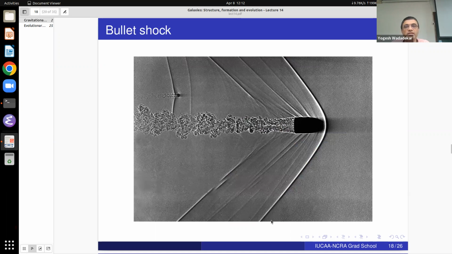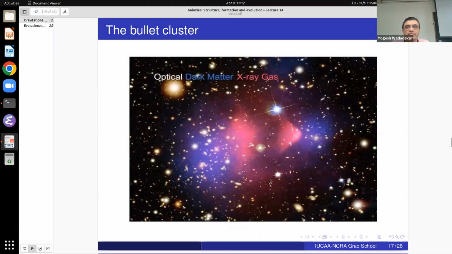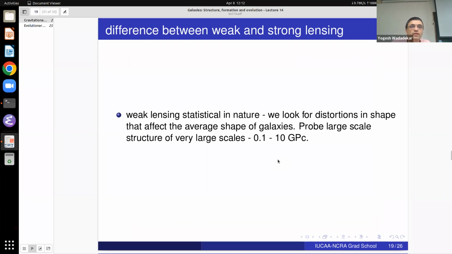Suppose you have a bullet passing through some dense medium. It produces a shock front like this. And this is the exact shock front that you see over here. So, a very interesting observation that combines optical observations, X-ray data, gravitational lensing, and building of mass models of these two clusters. Okay, so now